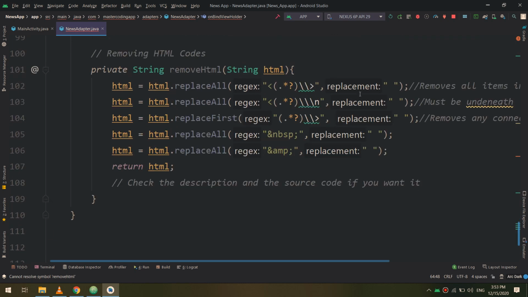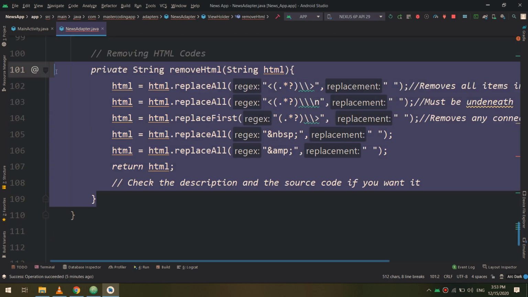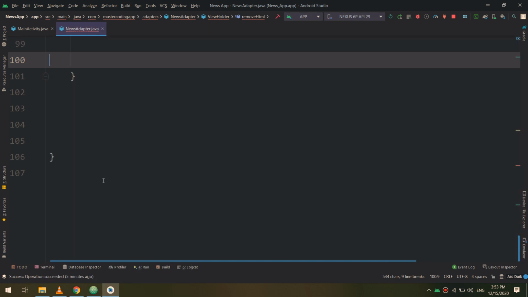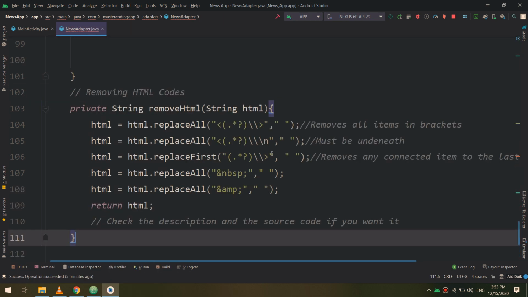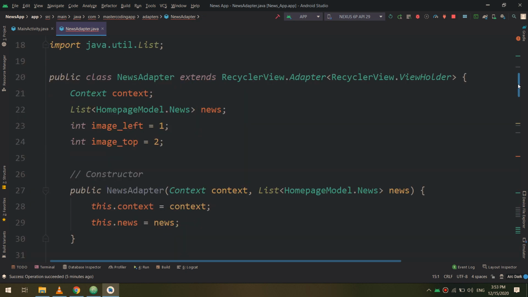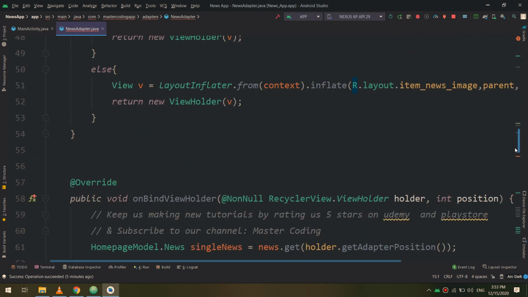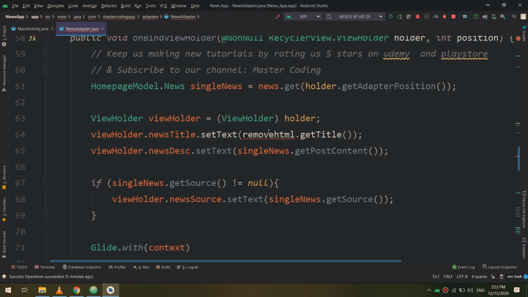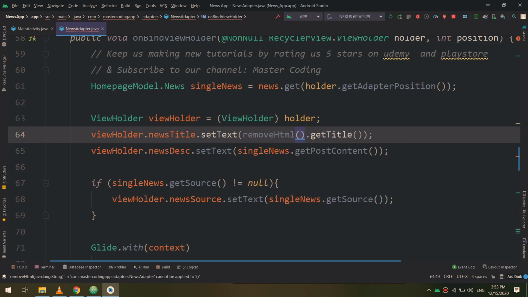Going back, I need to cut this and paste it underneath, under the curly braces. I have put it in the wrong class. Okay, in the private removeHTML. Here it appears. Now getTitle,